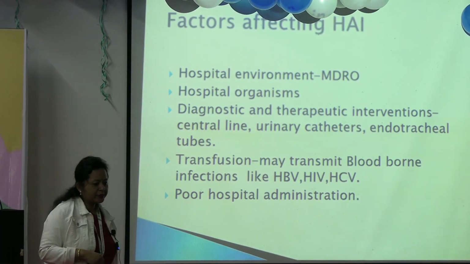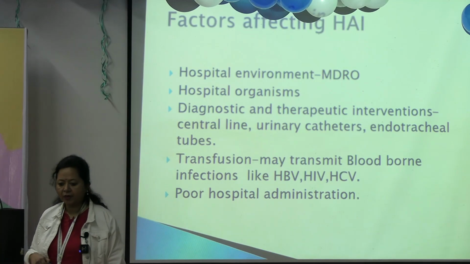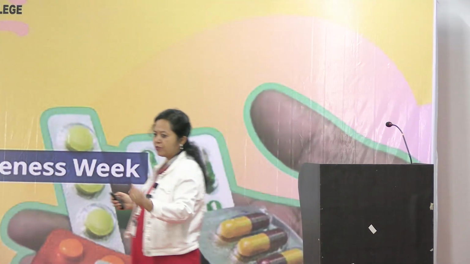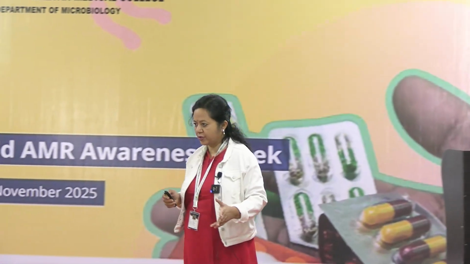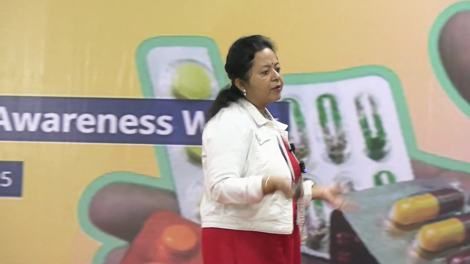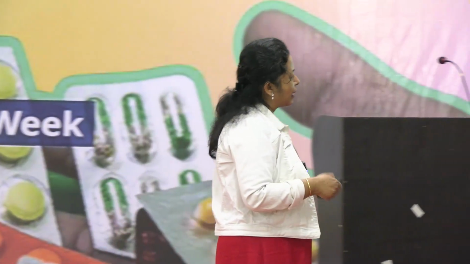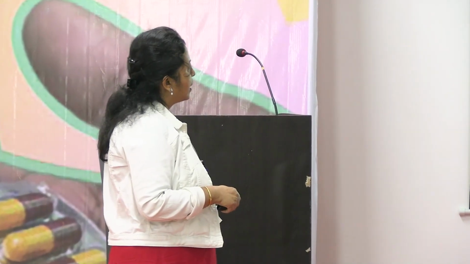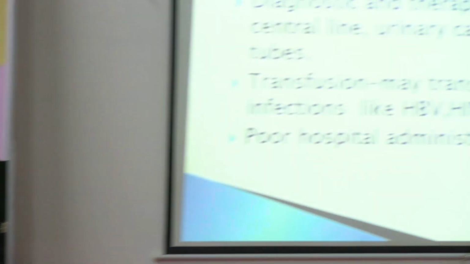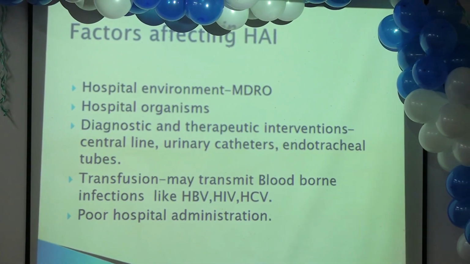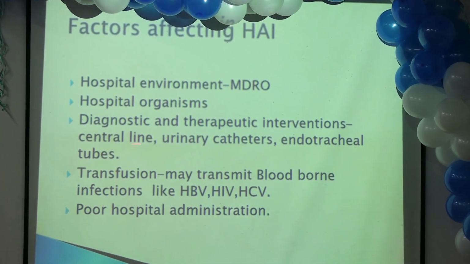See, in the hospital, when a patient comes, he is not capable of doing a lot of things. Maybe he is not able to move due to surgery, post-surgery. Then you have to introduce a catheter. Or maybe he is not able to breathe on his own. Then you have to put in endotracheal tubes, intubation. With a central line, you can give a lot of drugs. Every now and then you cannot keep on pricking him, right? Morning, afternoon, evening, so you have to put central lines.